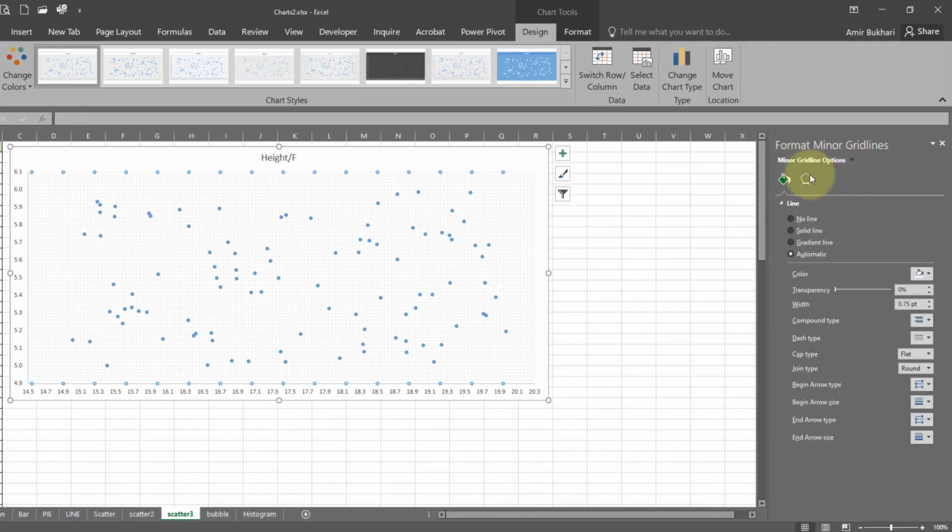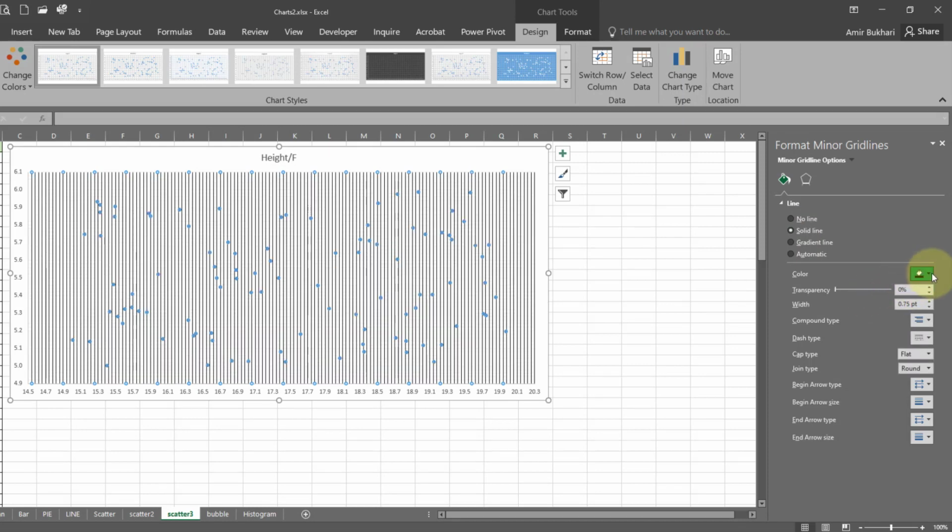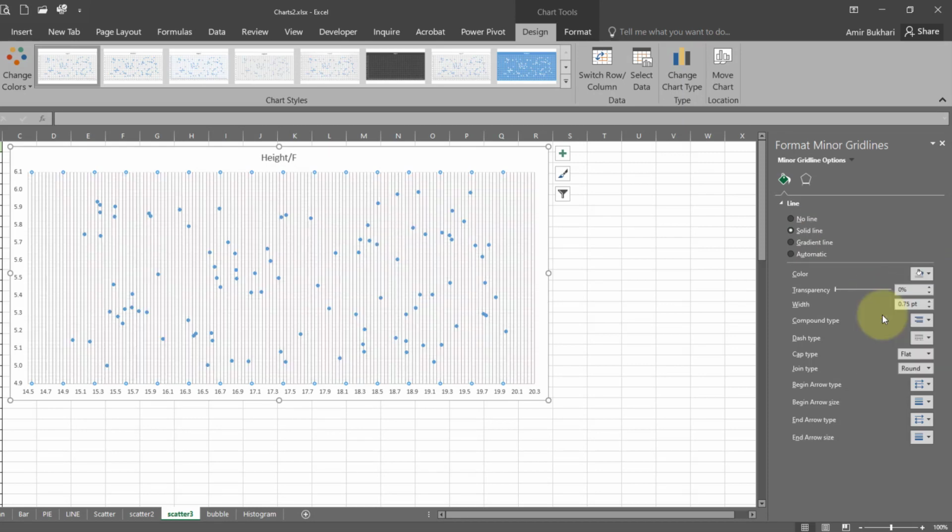Now you can come to this area and select the axis minor grid lines. We will select solid line and then we can see, let's say this one. Now you can see that it shows you more detail.